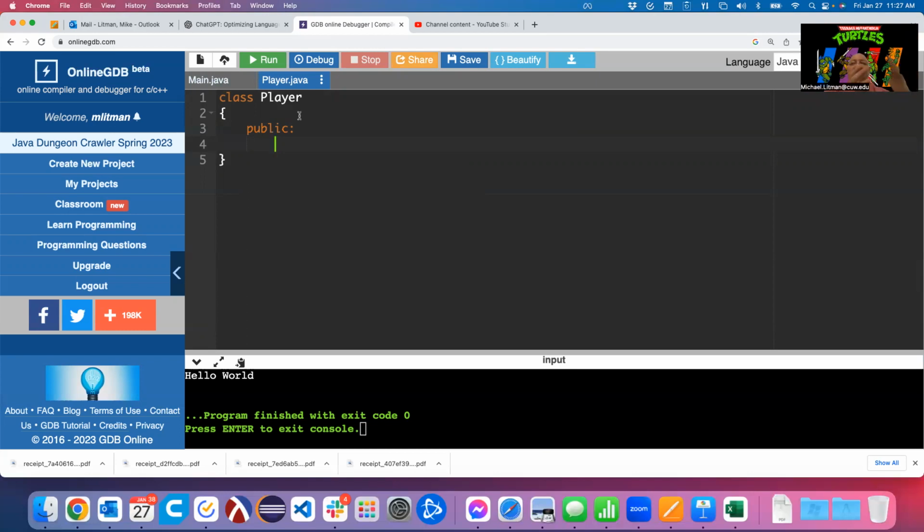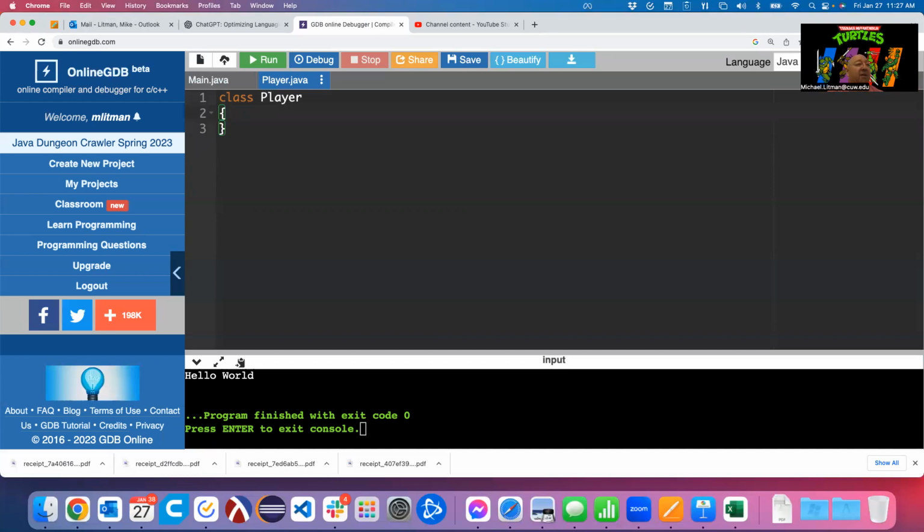All right, so classes are filled up with a collection of 0 or more fields, 0 or more methods, and technically we can say 0 or more constructors, because if we don't provide a constructor, one will be provided for us. I'll show you that here in a second. And the same thing was true in C++. We might have just not talked about it specifically. So technically, that's a complete class, my class player.